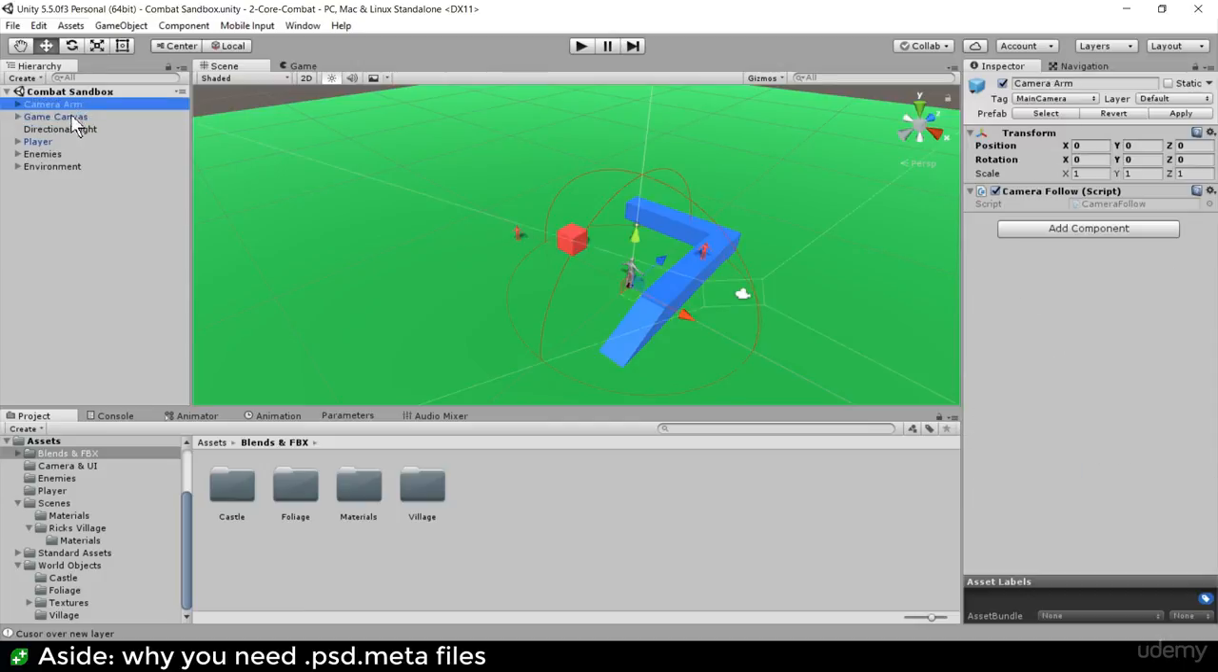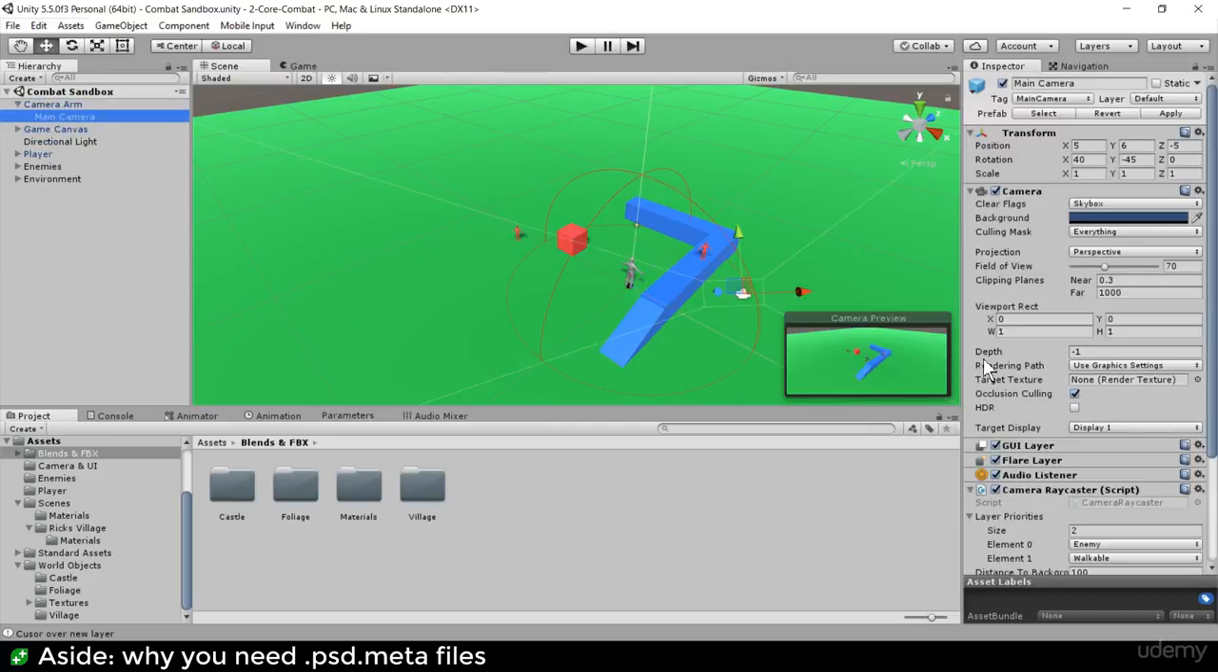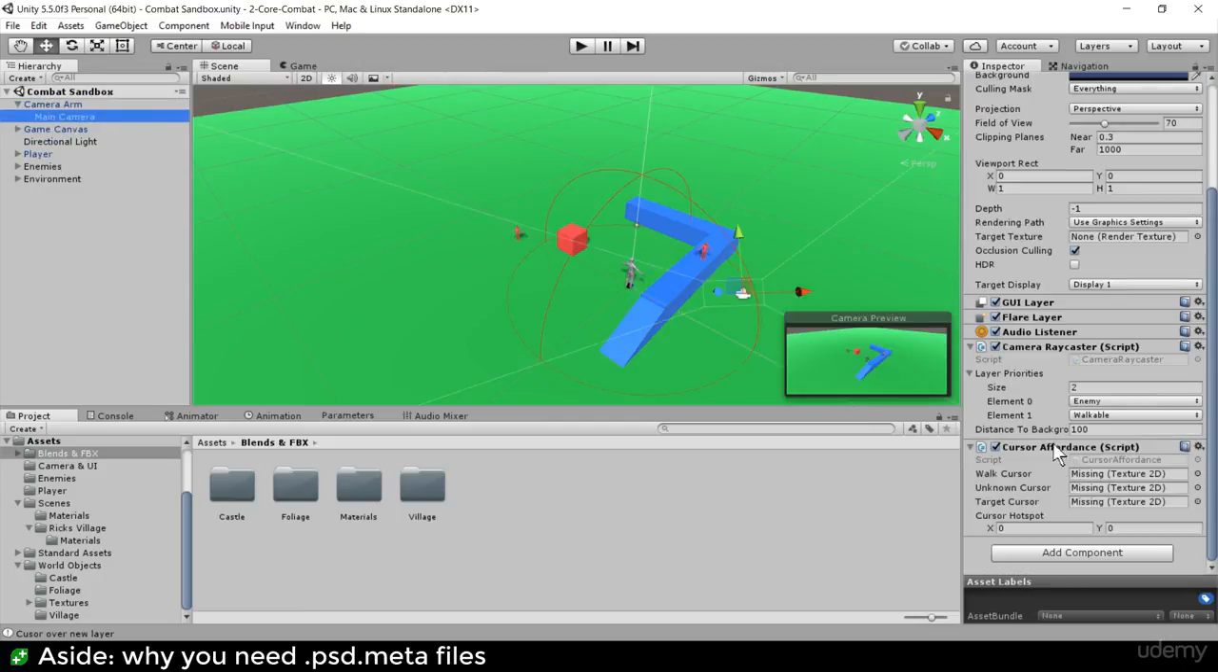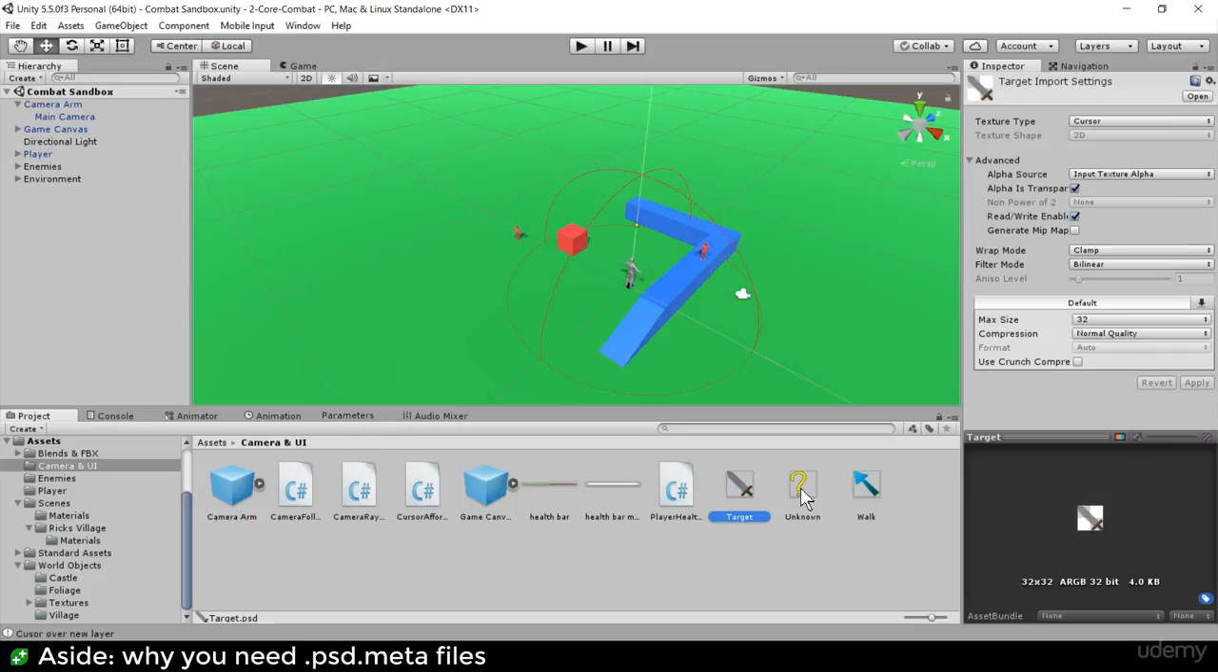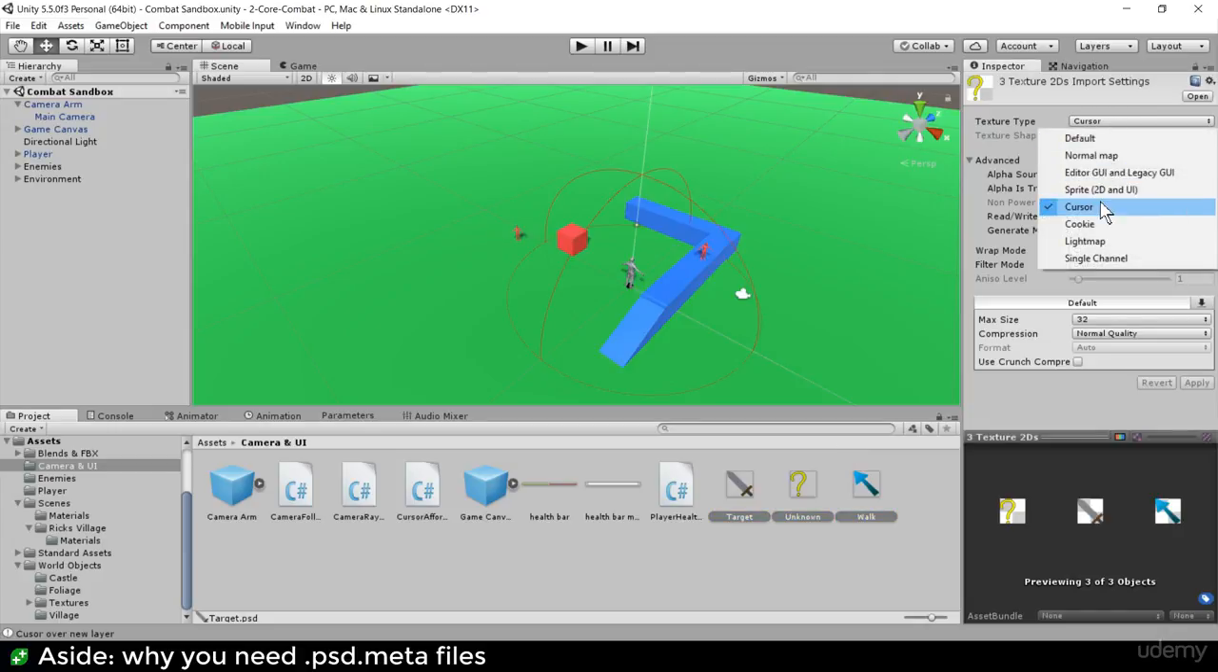So we have a camera arm, and on it we have a main camera, and attached to that we have a cursor affordance script. Now, it's missing the textures for some reason. This has happened a couple of times in the project. Let's look at the textures, the target, the unknown, and the walk textures. The deal with them is that they must be set to cursor type, and I think what's been going on